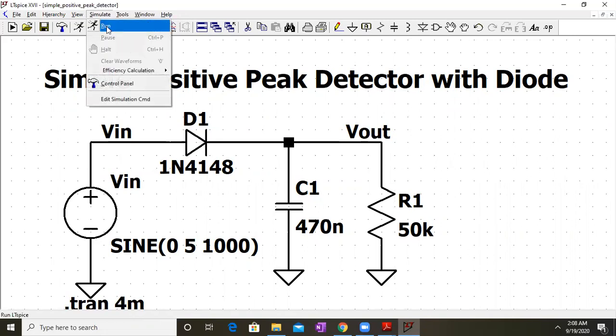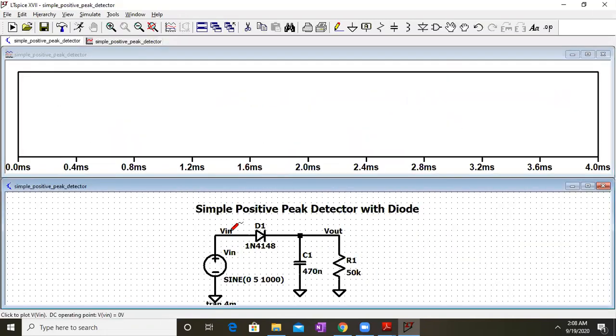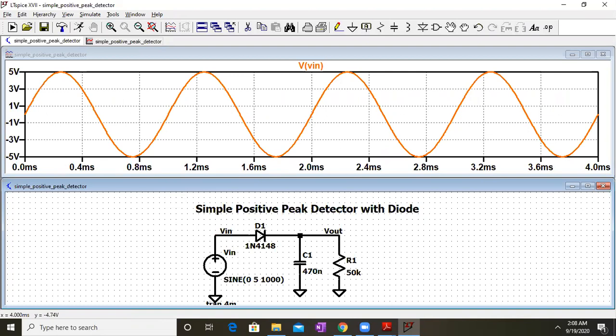So here let us check what the period is. This is my input signal. Here the period is going till 4. You remember that after 23.5 milliseconds, the capacitor voltage will completely discharge. That cannot happen over here, and whenever it does, the next peak will come. Now in this case, it's looking like a sine wave basically, so it should detect the positive peak of it. Let us check what will happen.